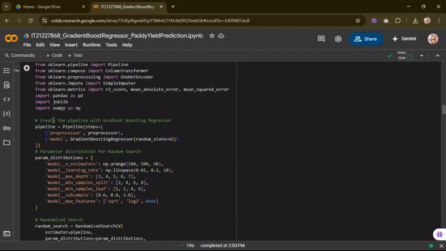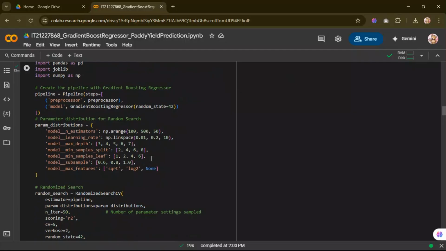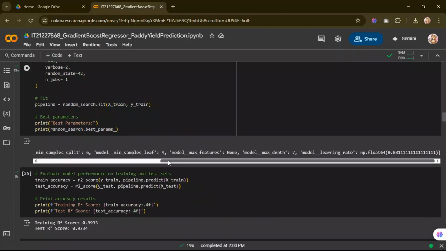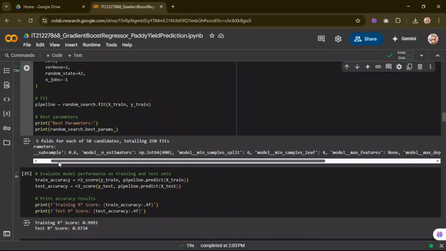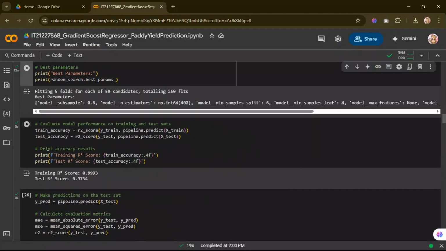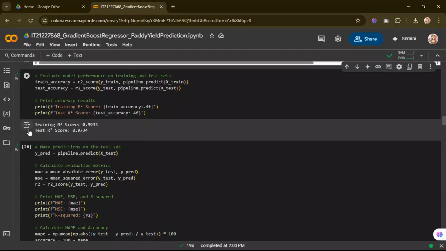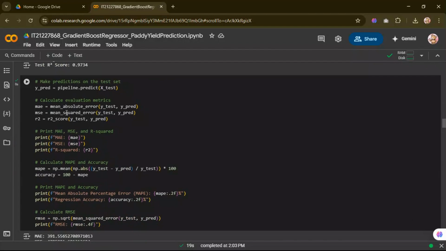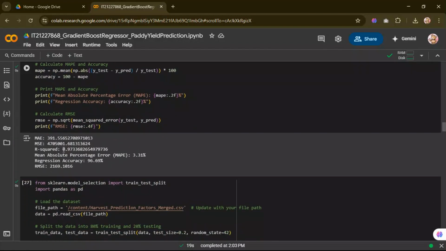To enhance performance, I fine-tune hyperparameters using randomized search CV, which efficiently searches through the parameter space to find optimal settings. This helped reduce overfitting and improve the model's generalization. If we evaluate the performance, the model achieves an impressive R-squared score of 0.97, indicating a strong correlation between